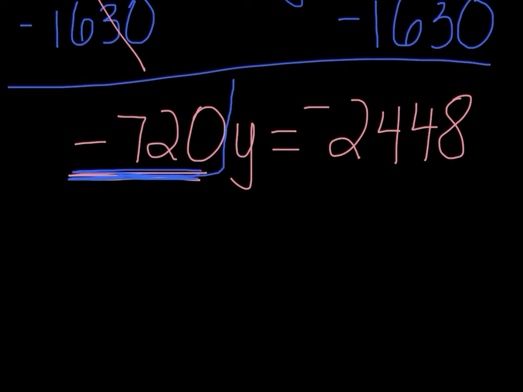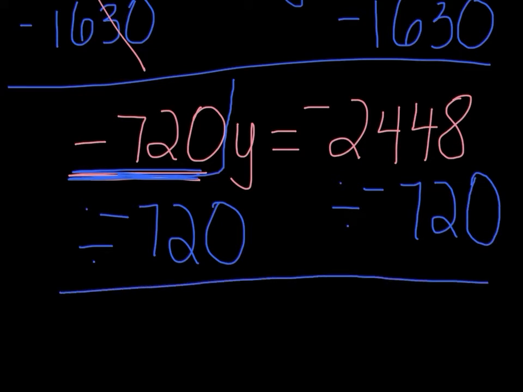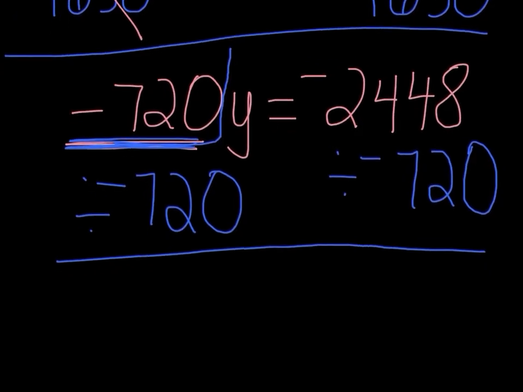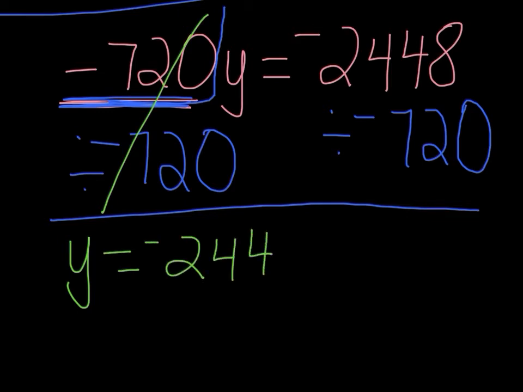So I'm going to go ahead and divide both sides of the equation by negative 720. Just showing all of my work so that my thinking is clear to myself and to you. I'm going to drag things up a little bit. On the left-hand side, when I complete this operation, the negative 720 cancels out. And then on the right, I now have y equals negative 2,448